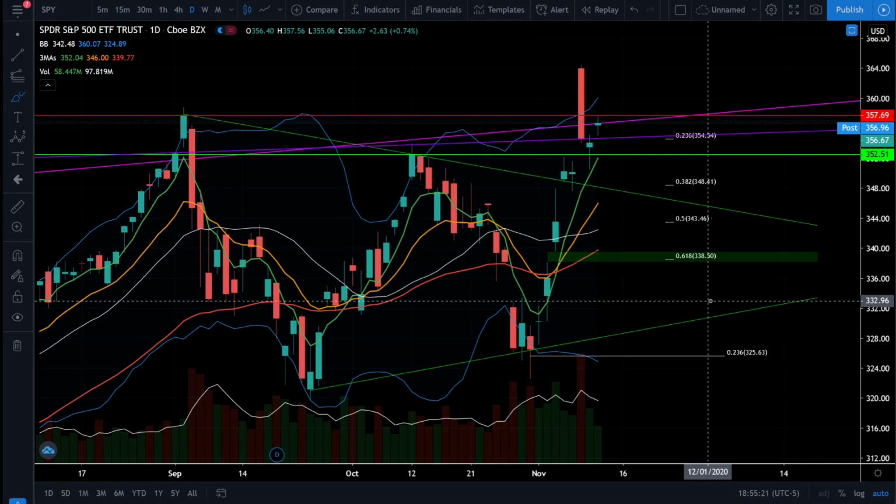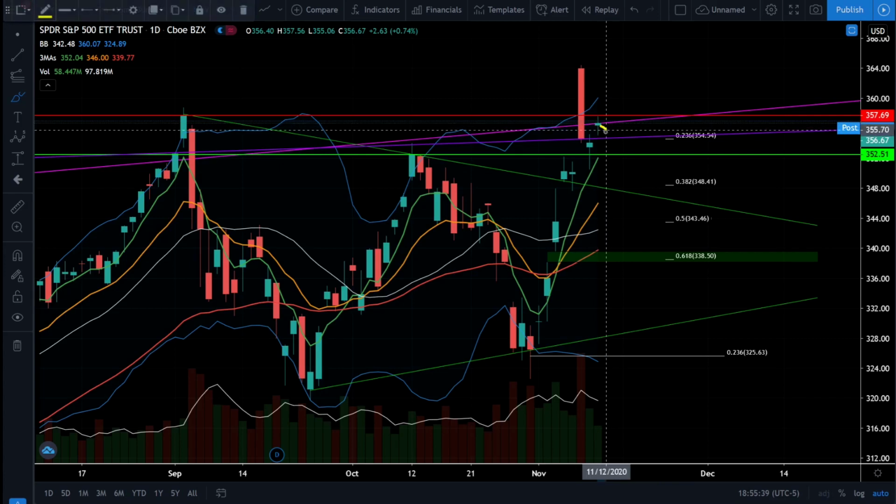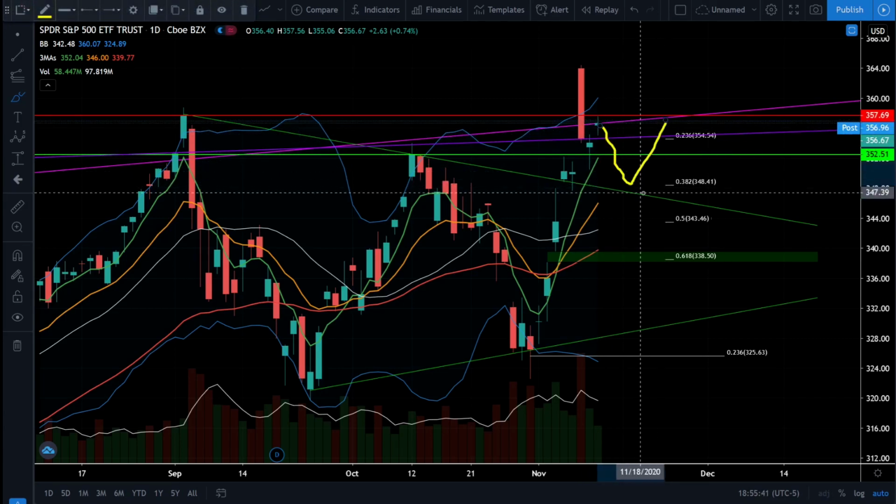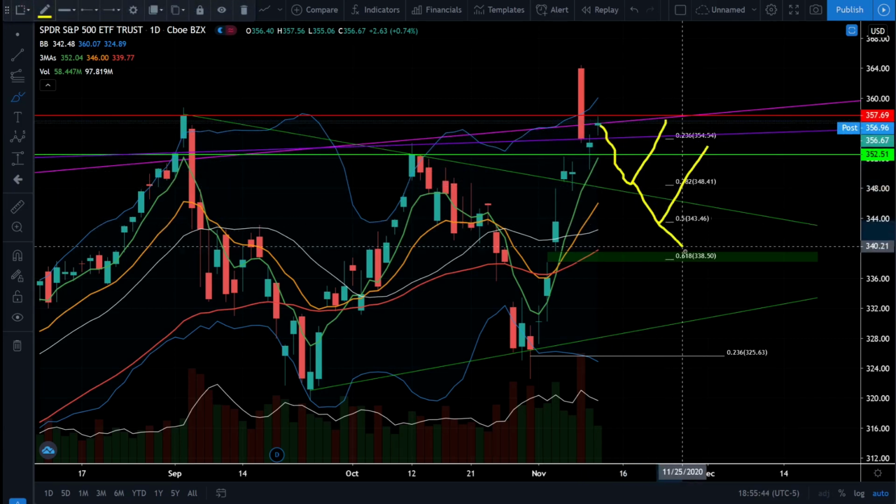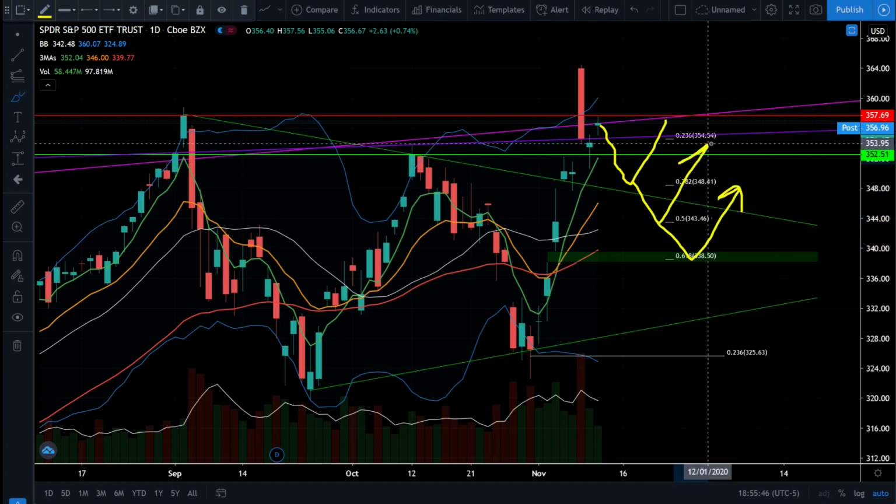So going back to the S&P 500, we're still expecting to see a cool off in the S&P 500 before we want to become too bullish and buy the dip. We don't want to just buy something that's going higher because that's what the FOMO crew does, and we know the FOMO usually is the ones that get burnt the most. So we want to be patient and we want to wait for that dip, and we want to find which levels of support we're going to get that bounce before we decide to go long on this market.